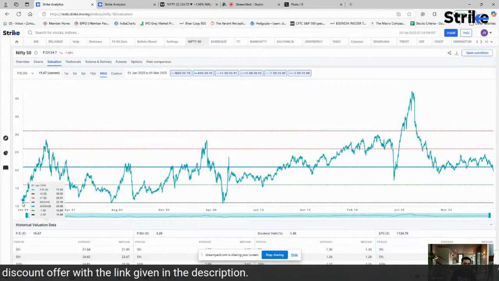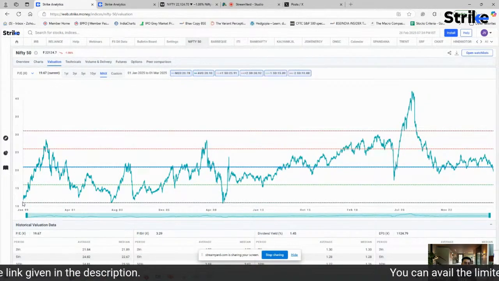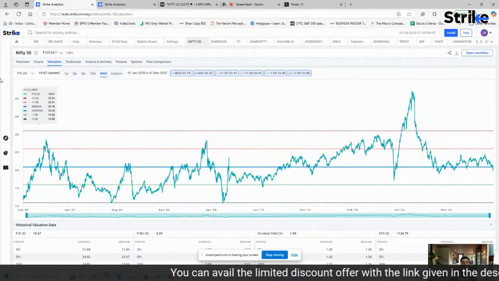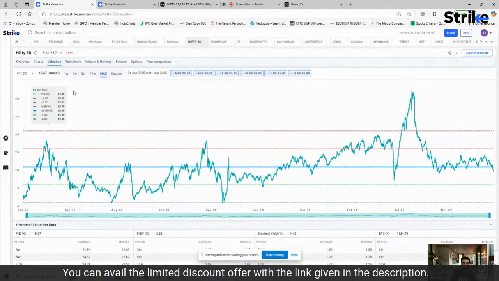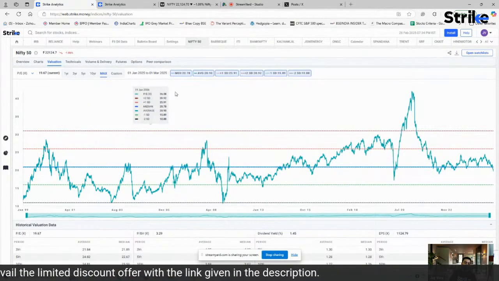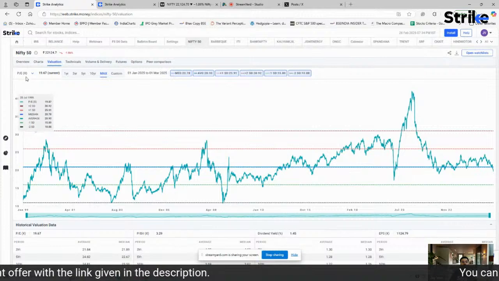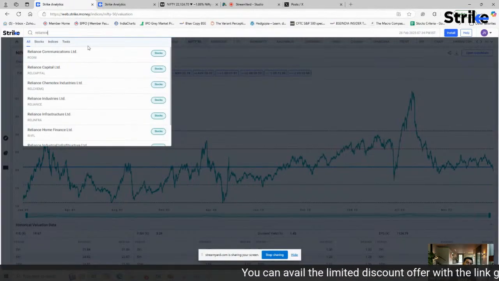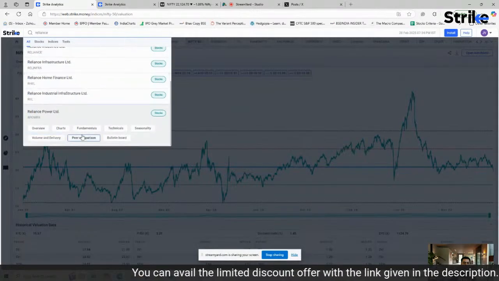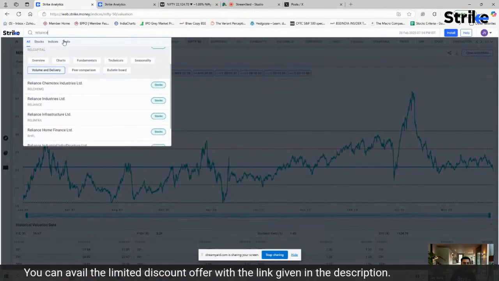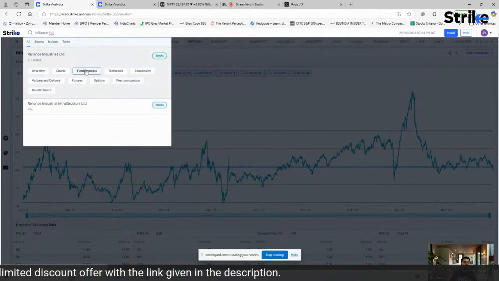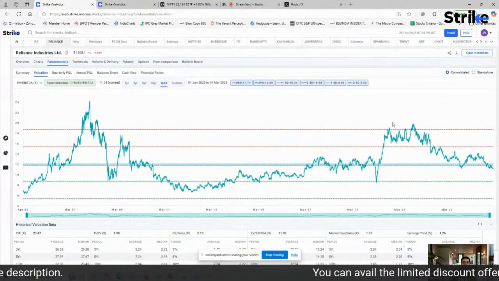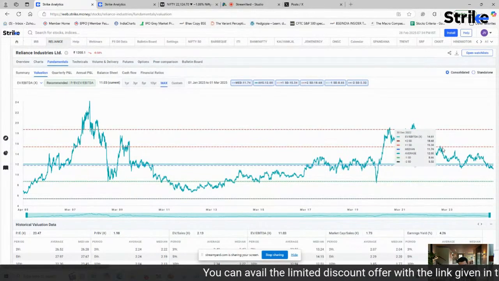In fact, in case of Nifty, we have it all the way from 1999. So this way you will be able to see the entire valuation for the indices, and for stocks we have it somewhere from 2004. As I told you, for a lot of stocks we have put in parameters, so based on that you can just understand where it is in its broader valuation, in the scheme of things of valuation. Where is it in its historical data.